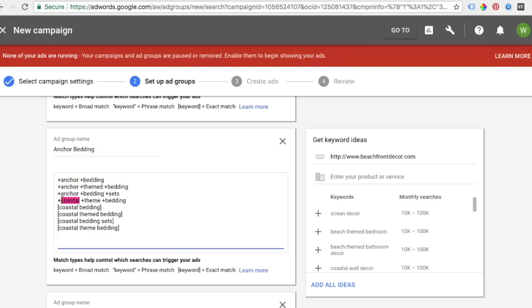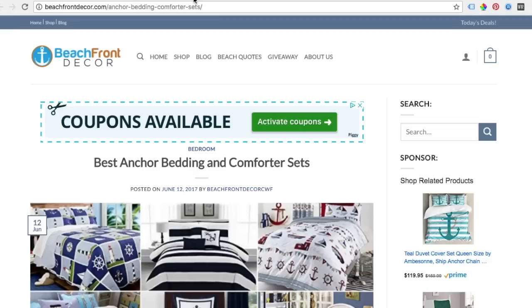This is kind of a longer method, so if you want to fast forward a little bit, about a minute or two, you'll probably get to our next step, but I just want to keep entering the keywords here. So now we have anchor theme bedding. The reason you want to organize everything in ad groups is because you're going to create separate ads for these pages, and then you want these keywords to go to the right landing page. So you want anchor to go to anchor,